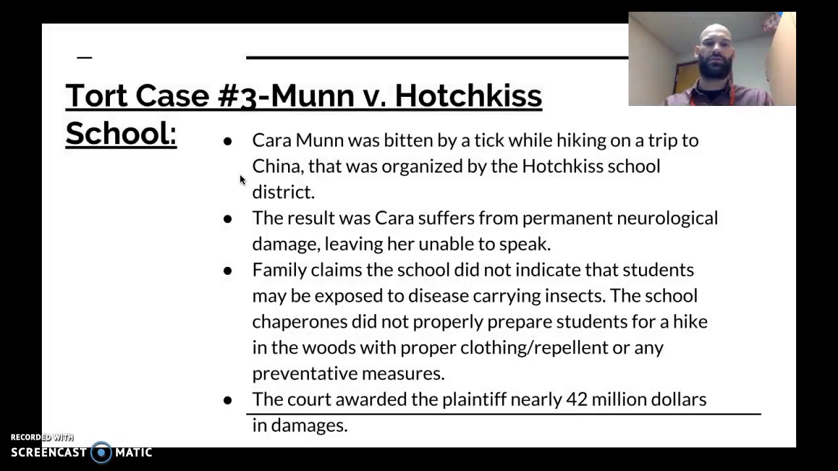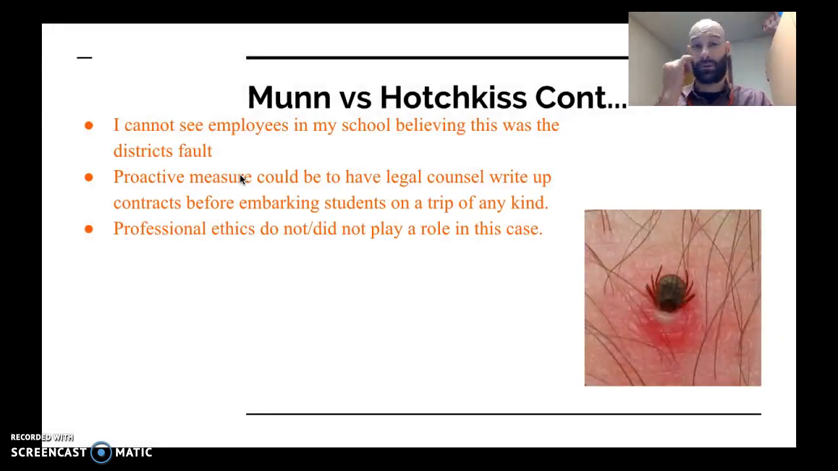The third case I researched was Munn versus Hotchkiss School. Kara Munn was a student who was bitten by a tick while attending a school-sponsored trip to China. She was hiking in the mountains, was bit by a tick, and then later developed some very severe neurological damage, leaving her unable to speak. Now, the parents claim that this was the school's fault because they did not indicate that students would be exposed to this type of disease-bearing animal, and that also the school chaperones didn't prepare the students for this kind of hike. The court awarded the plaintiff nearly $42 million in damages,